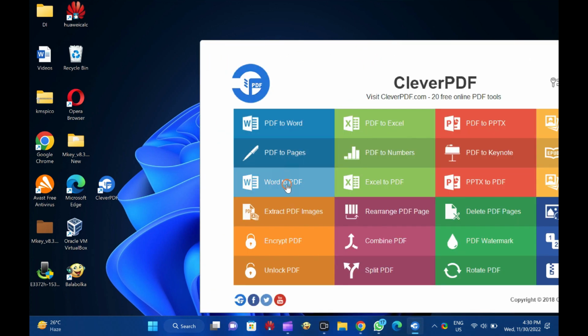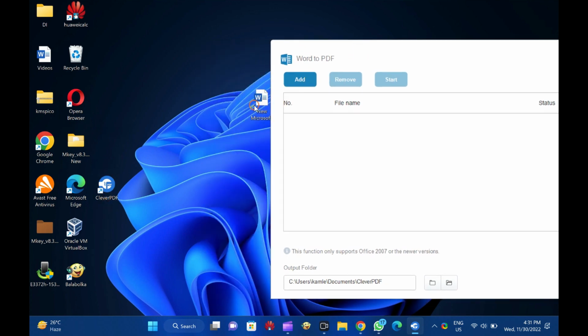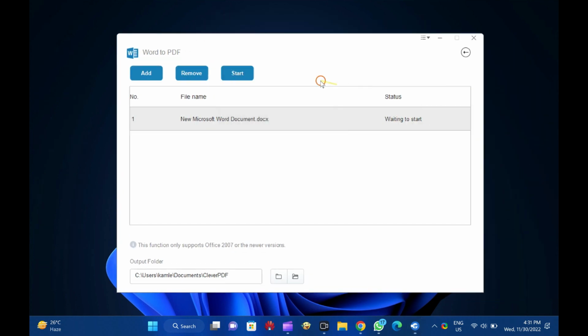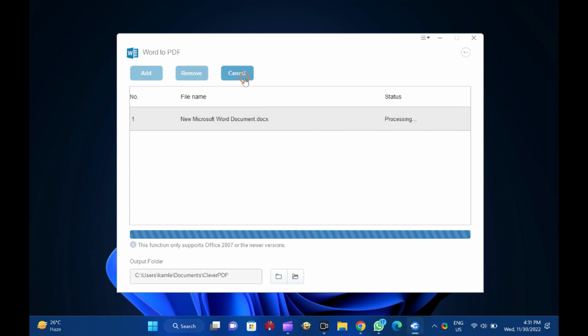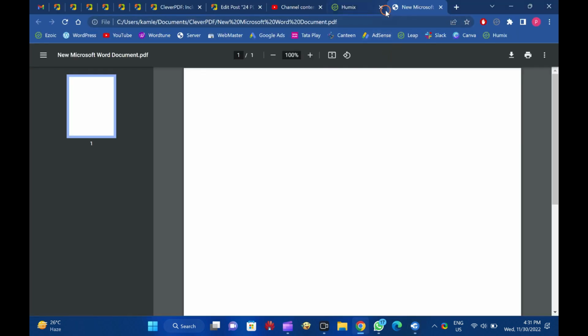The desktop version of Clever PDF also supports batch processing, which means you can process multiple files without waiting. Since it is an offline application, all the processes will be completed on your local computer, so there is no need to worry about online privacy or security. If you get a paid plan of Clever PDF, the developer promises to provide 24/7 customer service and offers a 30-day money-back guarantee.